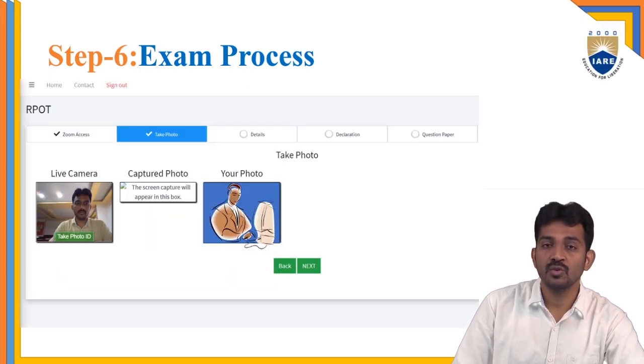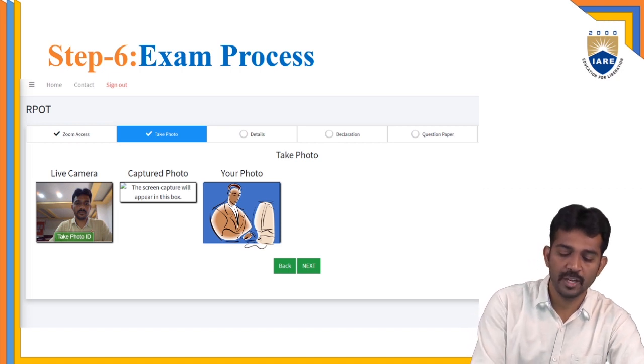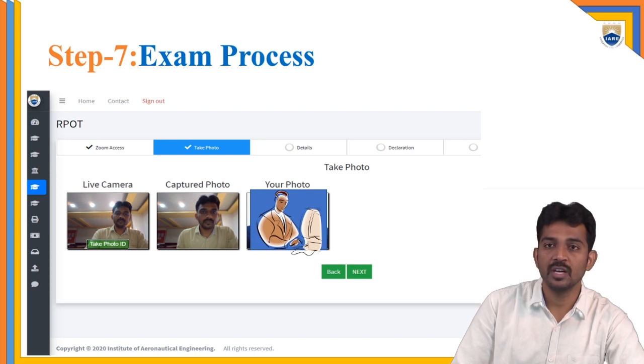The next thing is, you take the second device and again log in to the CMS, and after the Zoom you just click next. This page will appear in the second device. You check your photo which appears here, and the take photo option is there, right? By using take photo, you can take that photo, and if your photo is not properly visible, you go for another shot. After getting the proper photo, you click next.